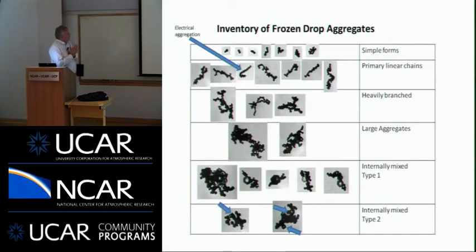So I think one of the next steps is to try to make it a little more quantitative in terms of defining an automatic way of identifying chains. Clearly, some of those that I've shown as linear chains are pretty darn linear. Some of the ones that are more branched and then the larger aggregates tend to be more clumped up. I'd like to understand that a little better to see if there's a way we can pick out the very linear stuff.